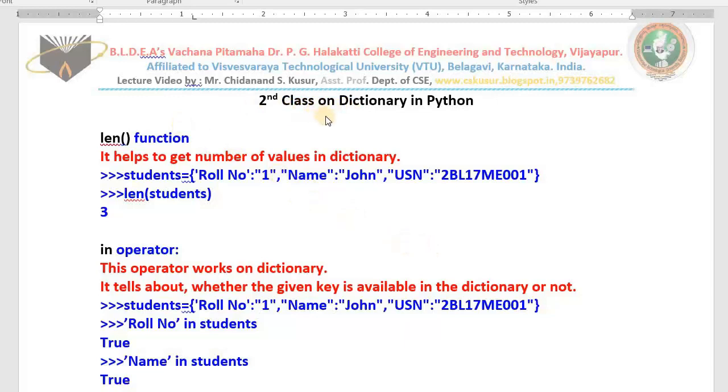This is the second class on dictionary in Python. In the first class we studied what a dictionary is, as well as how to create a dictionary, and I also taught you the difference between list and dictionary. In today's class, first I will teach you